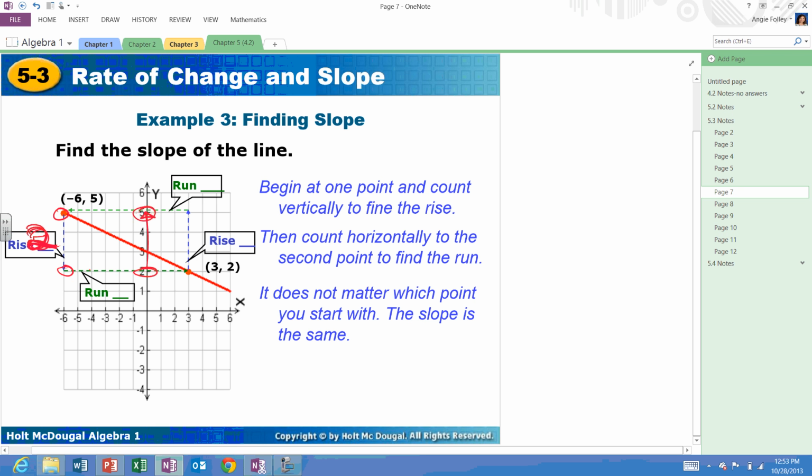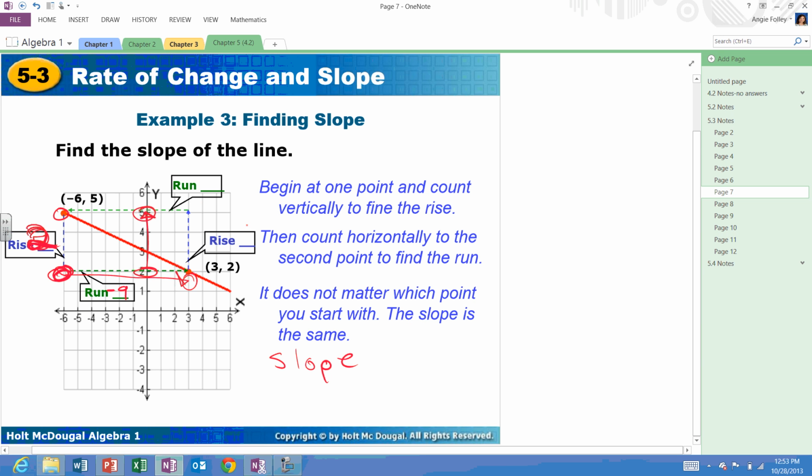And your run, we're going from over here at -6 all the way over here to 3. So your run is 9. However, we need a negative on one of these because as we're going from 3 over to -6, we're moving negatively. So it's actually a -9. So then your slope,